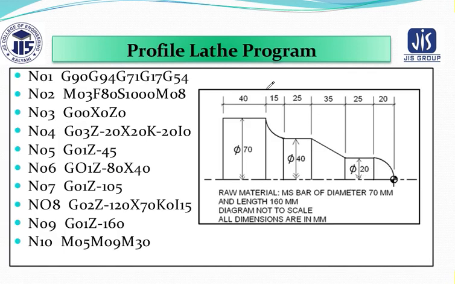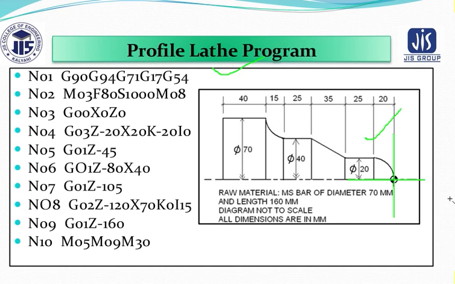Well, this is another lathe profile program. Same thing. Initially I told you that we did the job in which direction? In the positive direction. So one side of the job has been completed. Now the data has been given in the opposite direction. Nothing to worry about. Only you have to decide the code. You just make a vertical line in this way to determine the axis. Already 0, 0 has been shown to you in the center.